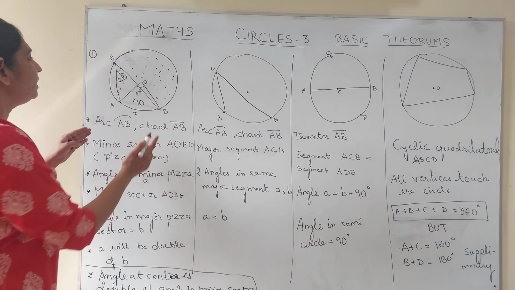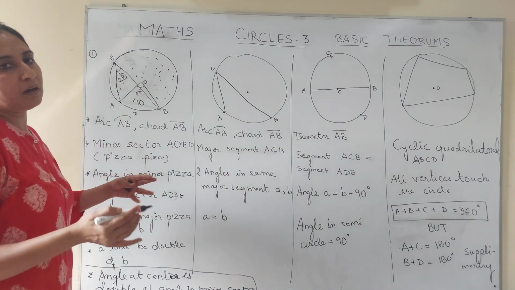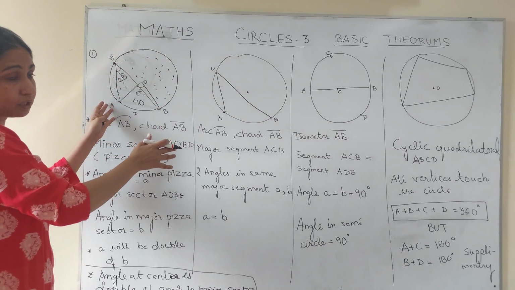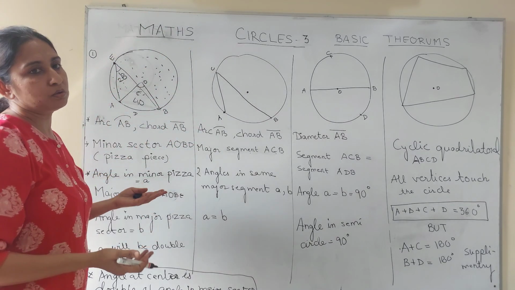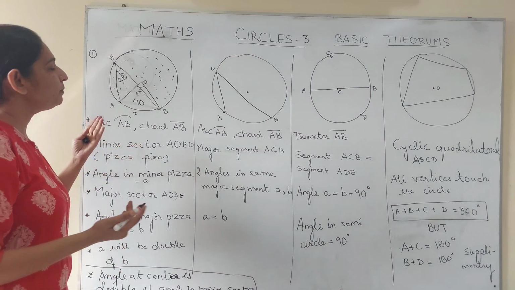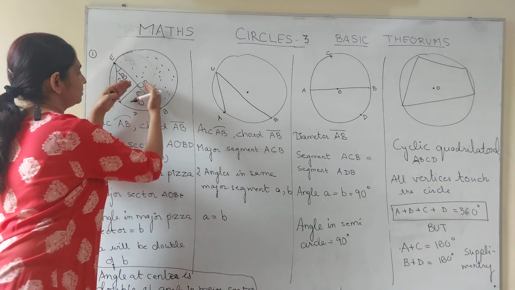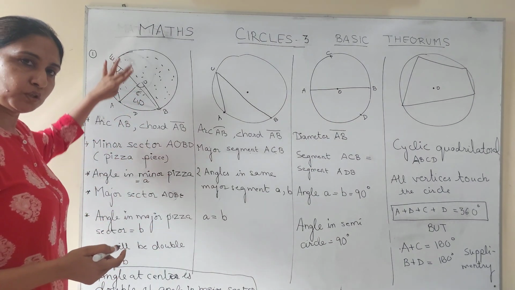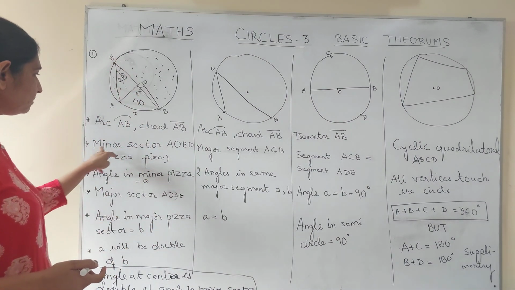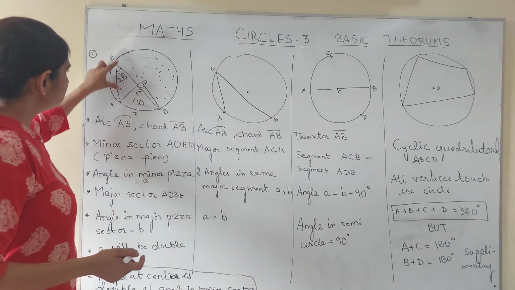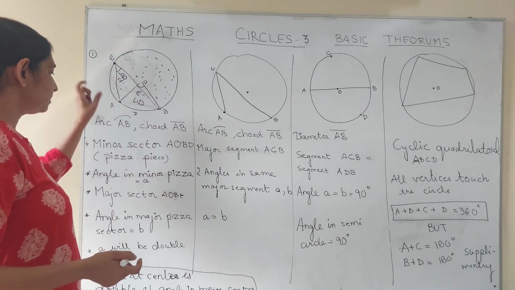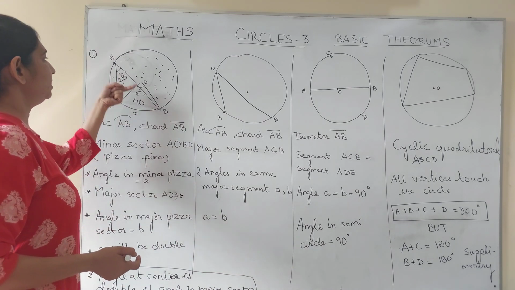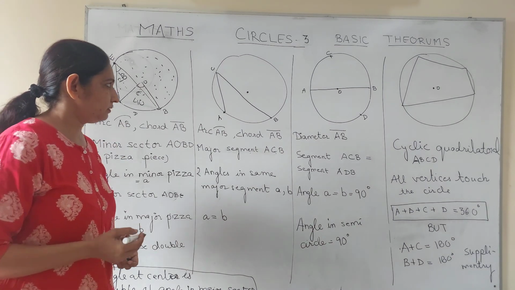But you can say simply that if you make an angle at the center, it will be bigger, double, and anywhere else, if you go and make an angle in the major sector, that angle will be smaller, half. I hope always start from the 2 students who are trying to run to the teacher or trying to run to another child. Hope this is clear. Minor sector, this is the minor sector, this is the major sector. Angle here is B. If it is 40, it is 20, and so on.